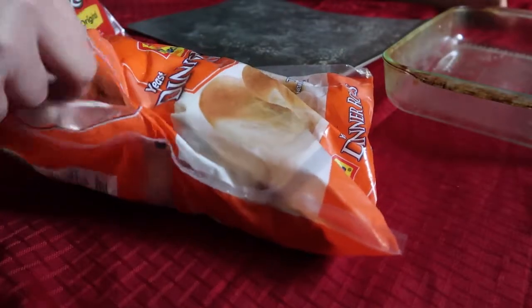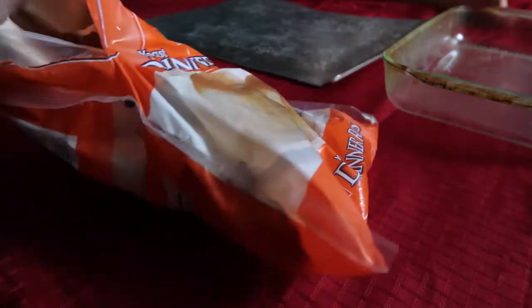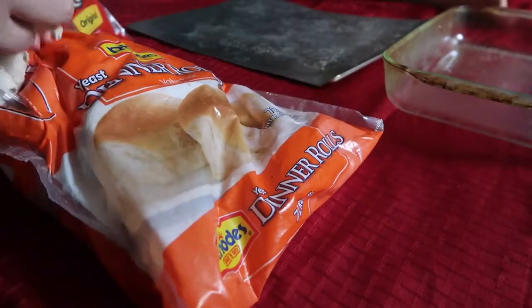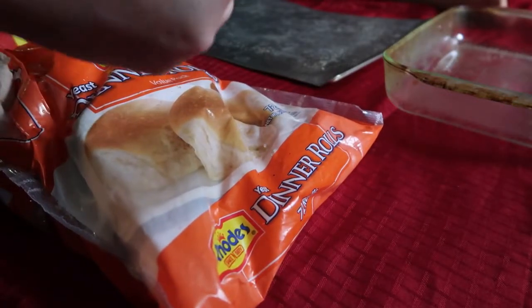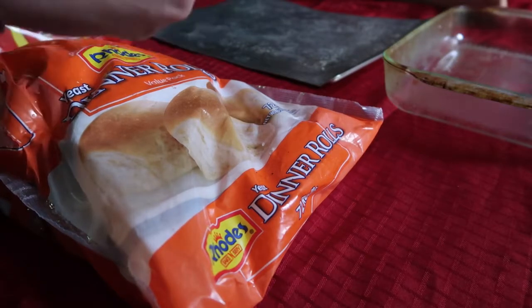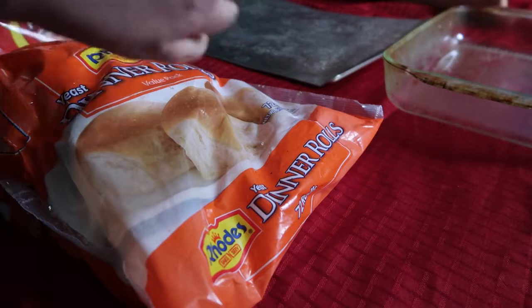So we're going to take probably 2 to 3 rolls worth of dough. And let's take 4 rolls. Squish it out. Now, if you want your pepperoni rolls to not be kind of dry on the top, you take